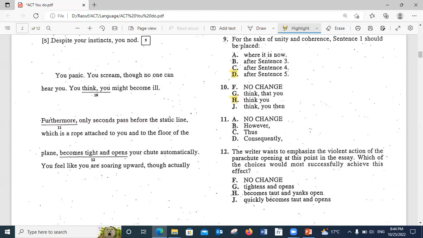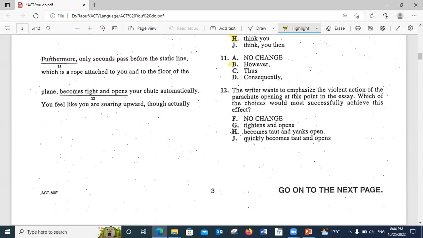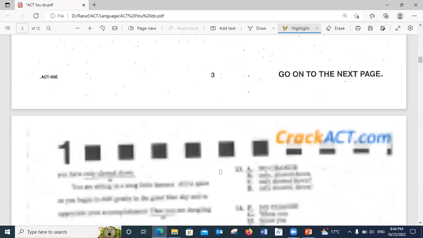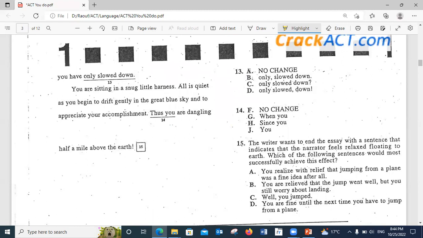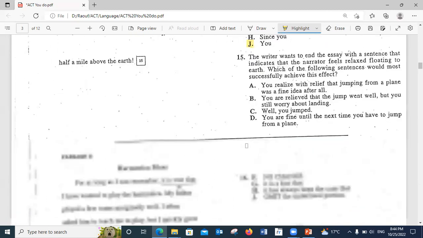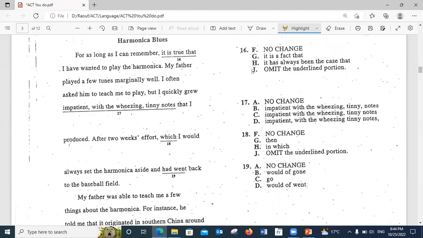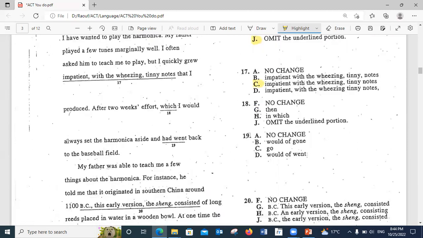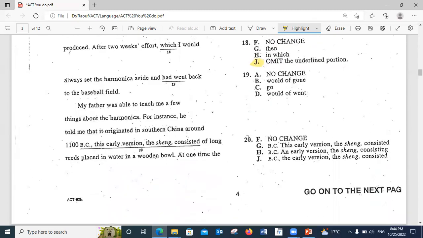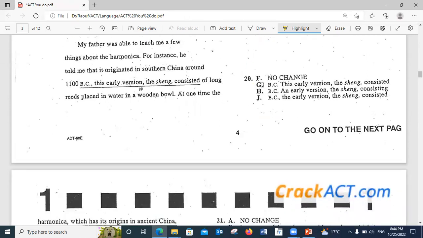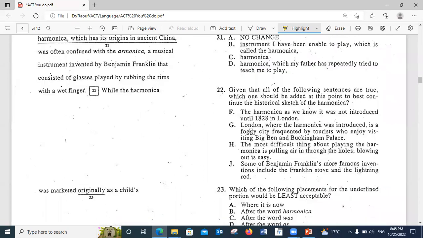11B, 12H, 13A, 14J, 15A, 16J, 17C, 18J, 19C, 20G, 21C, 22F,